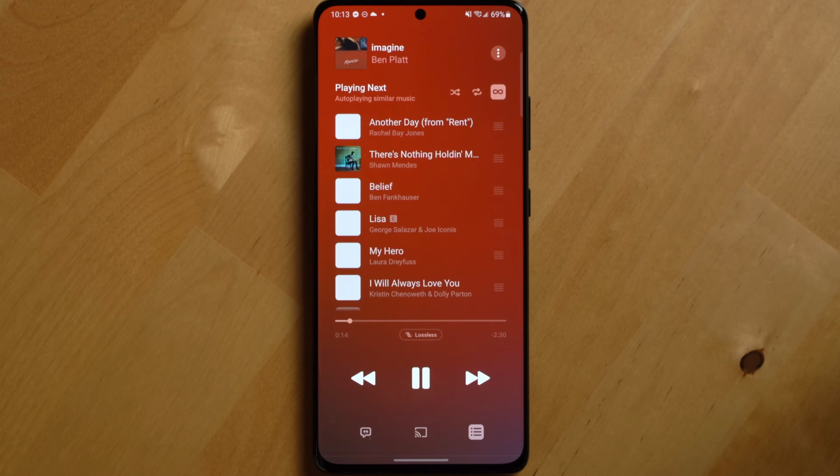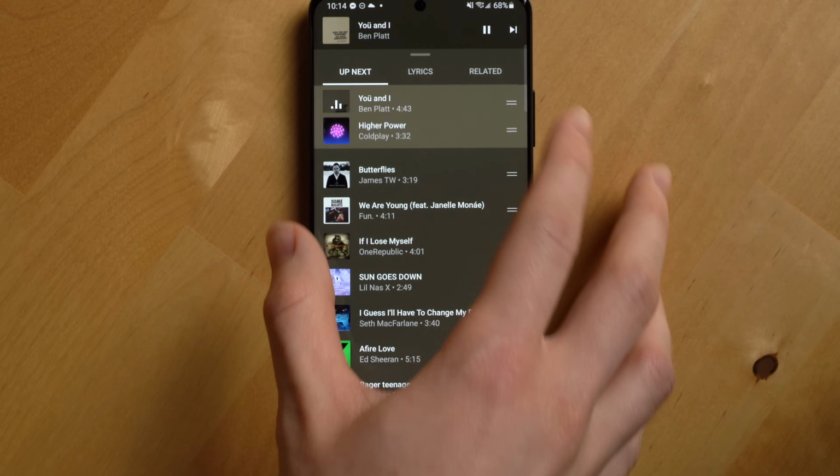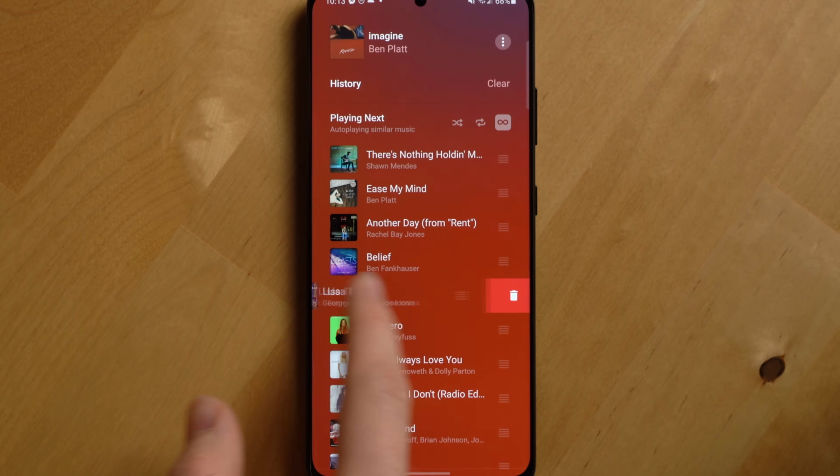Now, you can let these services decide what to play next for you, and both of them have decent autoplay queues in my experience that you can go into to reorder the suggested songs or even swipe to delete them. Apple Music and YouTube Music use your listening history as well as ratings for specific songs to recommend music to